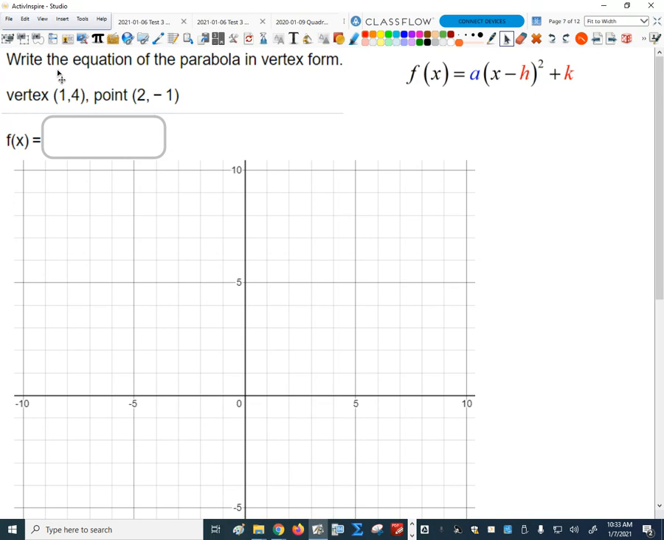So the vertex is always going to be in the form H, K. So H is 1, K is 4, but we got to know A, right? So we're going to cheat a little bit and we're going to use a graph on this one. If the vertex is at 1, 4, and we have a second point that's at 2, -1, we can use that information to figure out what the